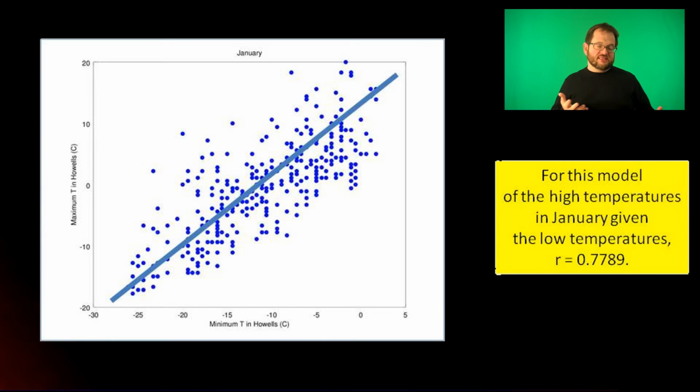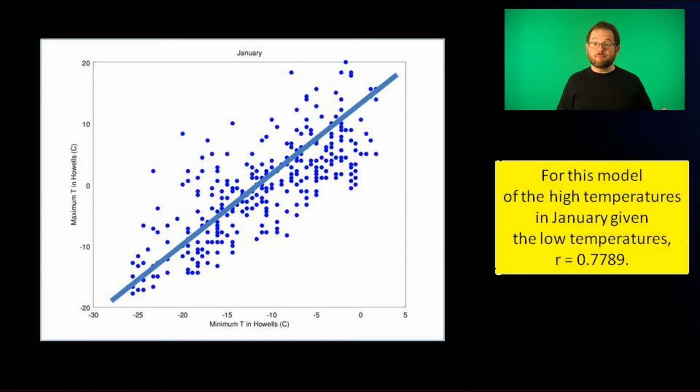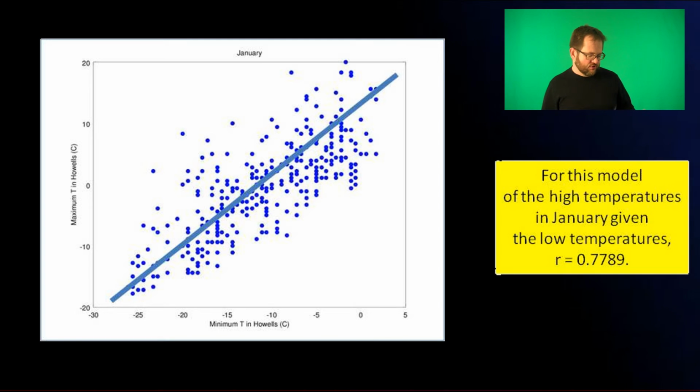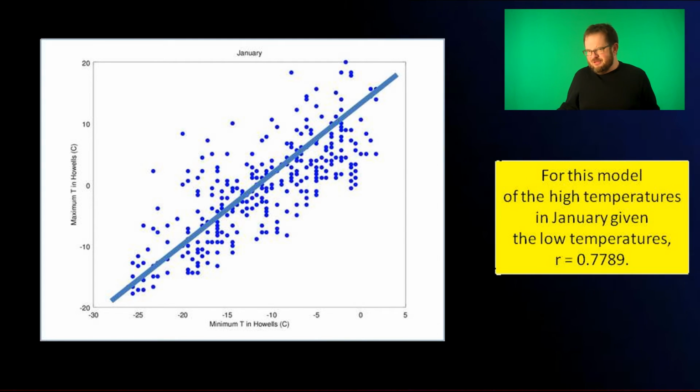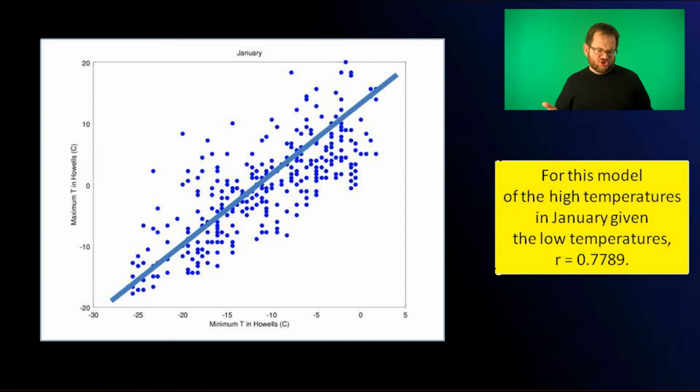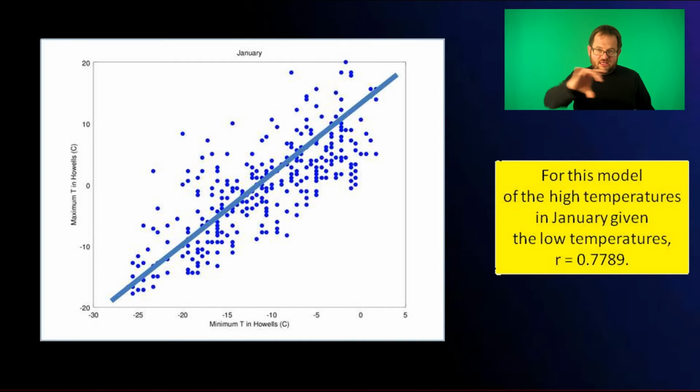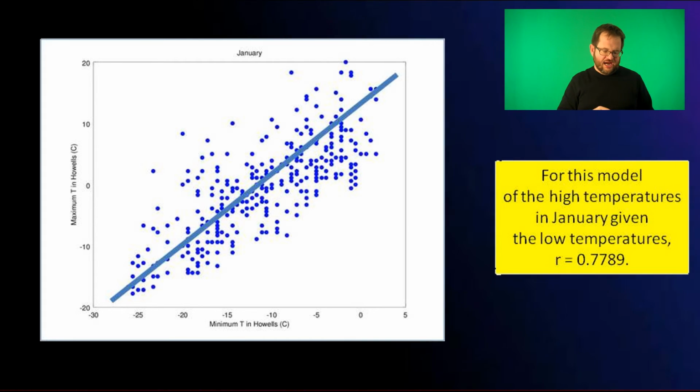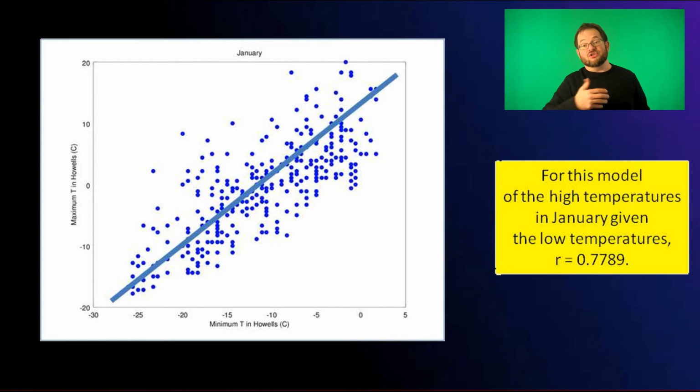And in this case I'm going to compute the correlation between the low temperature and the high temperature. And I get a pretty darn good correlation, 0.7789. That is a pretty high correlation. And of course, you look at that scatter diagram and it's pretty obvious that there's a correlation here. Clearly there's some pattern to the highs